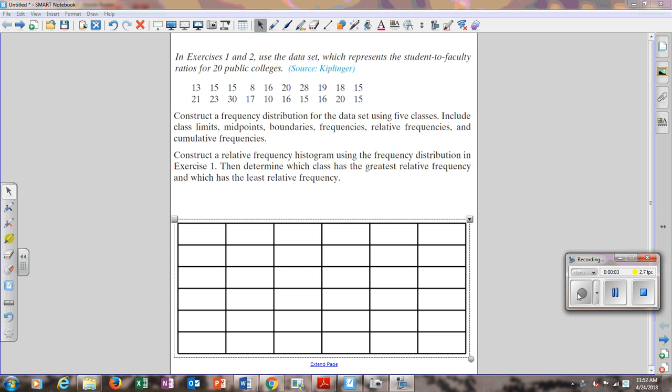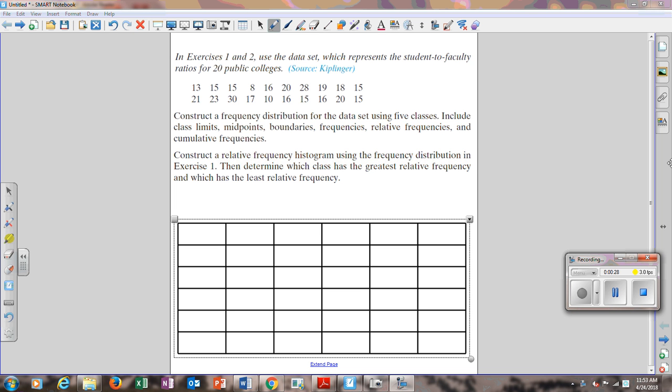Okay, guys, as promised, we're going to go over these questions from 2.1 today. So the first one is construct a frequency distribution for the data set using 5 classes. Include class limits, midpoints, boundaries, frequencies, relative frequencies, and cumulative frequencies. So whenever we do this one,